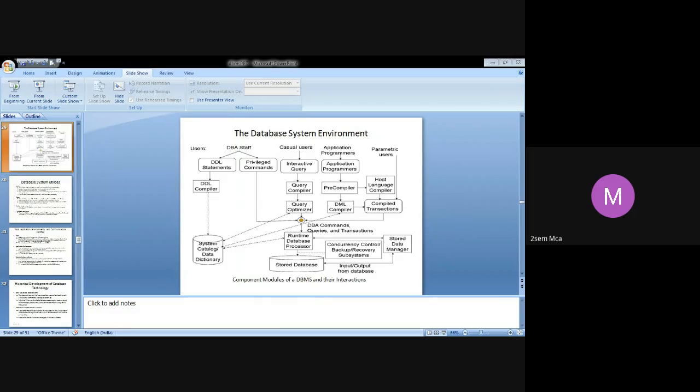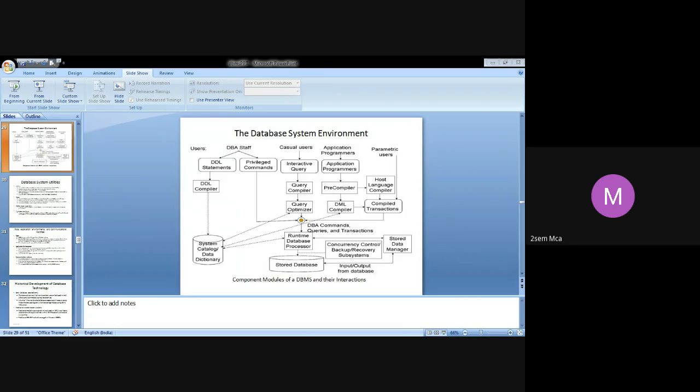And there is also a stored data manager which is going to store all the queries that are going to get processed. You have a stored database, right? All your input and output from the database gets stored here. Now, this runtime database processor also uses your data dictionary to get any kind of information about the database. If it wants any information in order to execute your query, it will access the data dictionary or the system catalog and take that information from there.